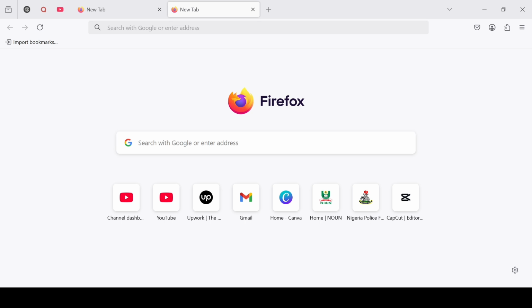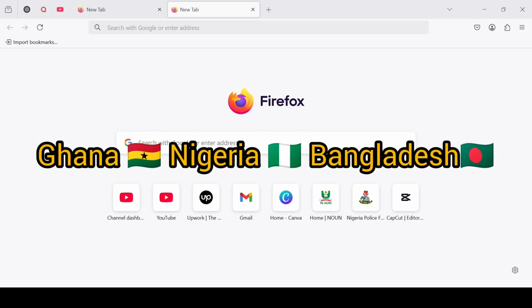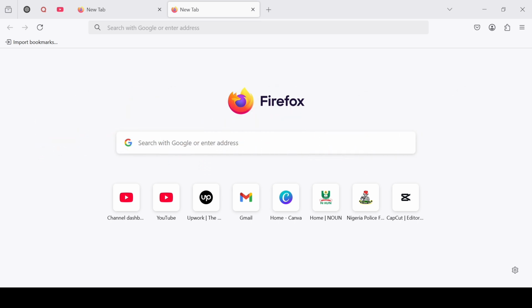But if you are not from any of the countries I've mentioned above, that means we are going to use one of them to create an account. And believe me, when we use any of these safe countries, our accounts will not be banned or flagged, because in these countries it is safe to use Fiverr. But in the other countries I mentioned, like Ghana, Nigeria, Kenya, Bangladesh, your account is likely to be terminated.